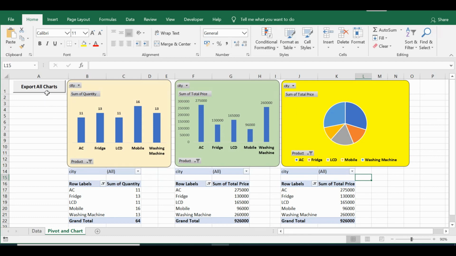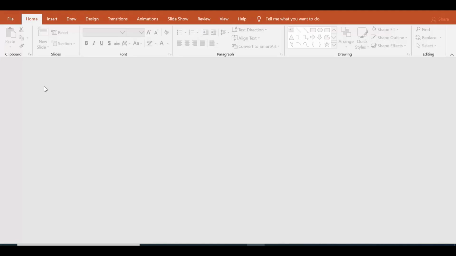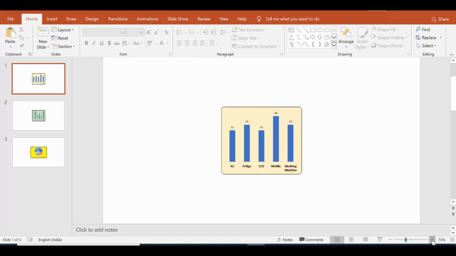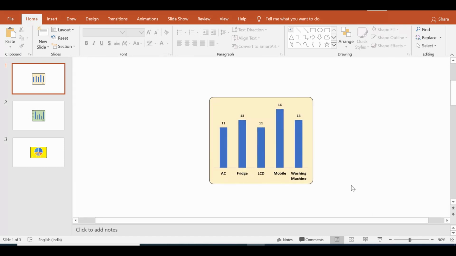So I have a command button here. I have already written VBA code to do this task. Once I click on this command button, it will create a new PowerPoint and three slides, or total slides as per the number of charts on that active sheet.